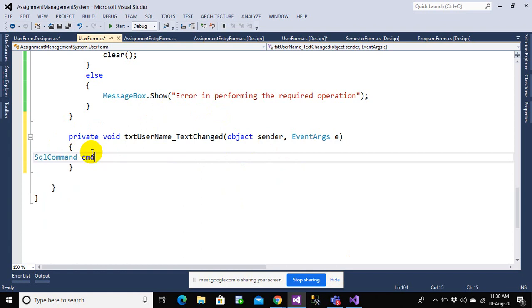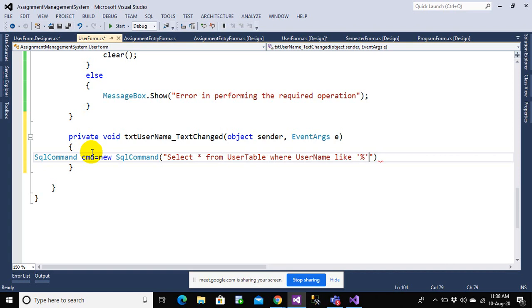So let us say SqlCommand equals a new SqlCommand, and I want to retrieve all the users. Select star from user table where username like, and we have already done this earlier. Percentage. So I think I made a mistake here.